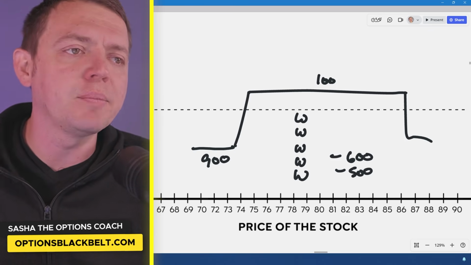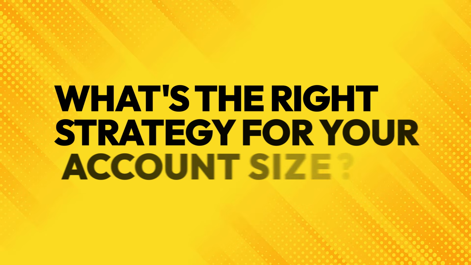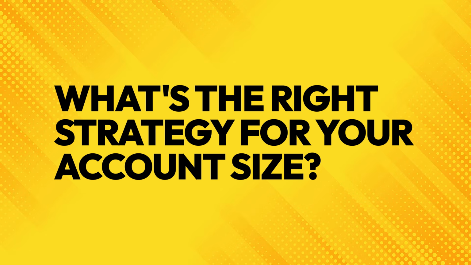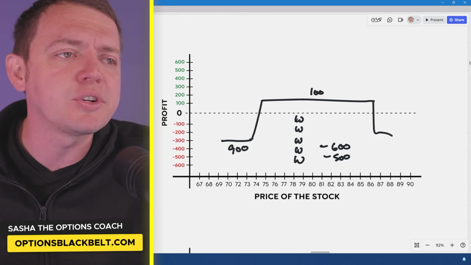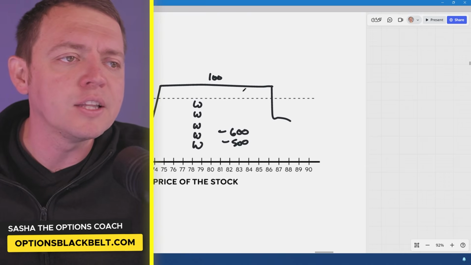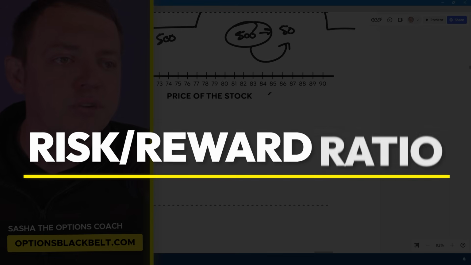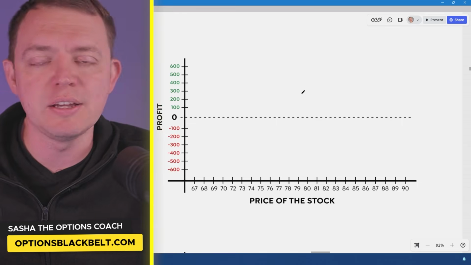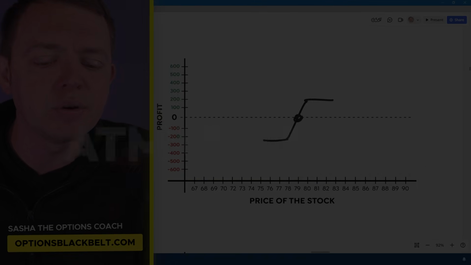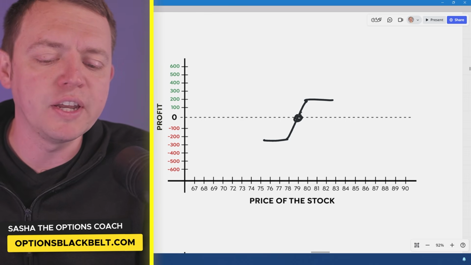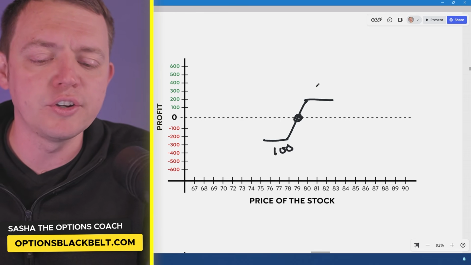So the first thing you want to think about is actually the right strategy for the account size and for the job you're trying to do. Now, these trades have a really good win rate, but some other strategies you might think about are those with a better risk to reward ratio, especially for smaller accounts, because in those accounts you might be risking 1,000, but with something like an at the money vertical,